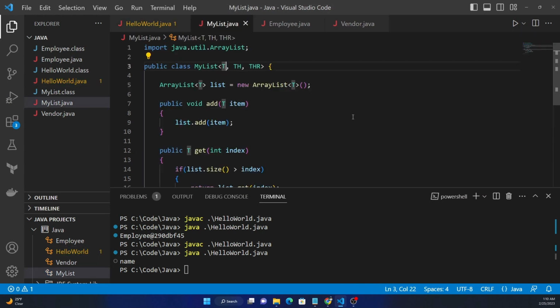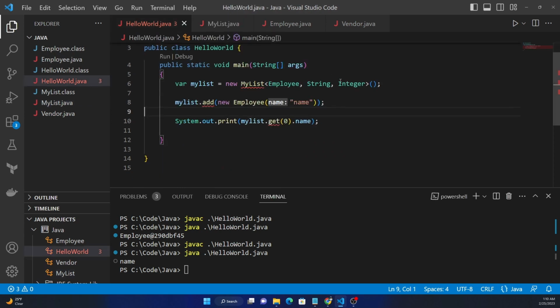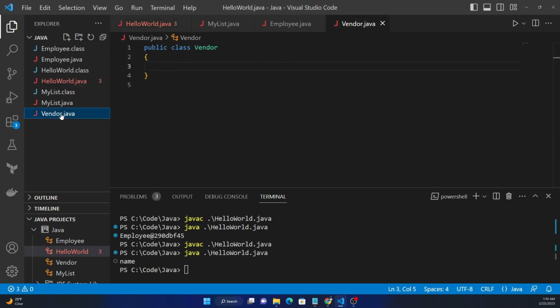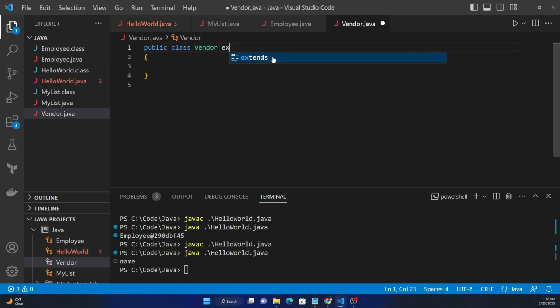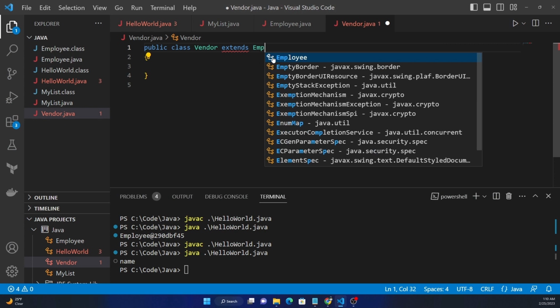One thing also for a generic class, we can create a constraint for the generic type. So here we can say extends Employee, which means the type that we are going to pass needs to be a type which is either Employee or extends Employee. So now here, instead of employee, if we pass vendor, it is going to fail because vendor is not extending employee. But if we go to vendor here, and if we just extend from employee,